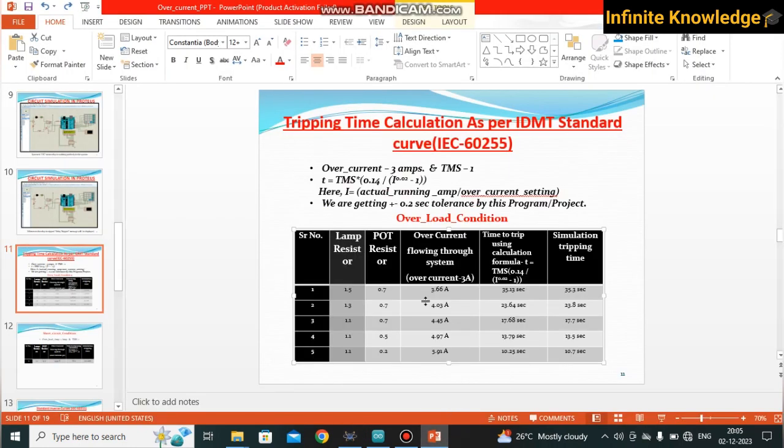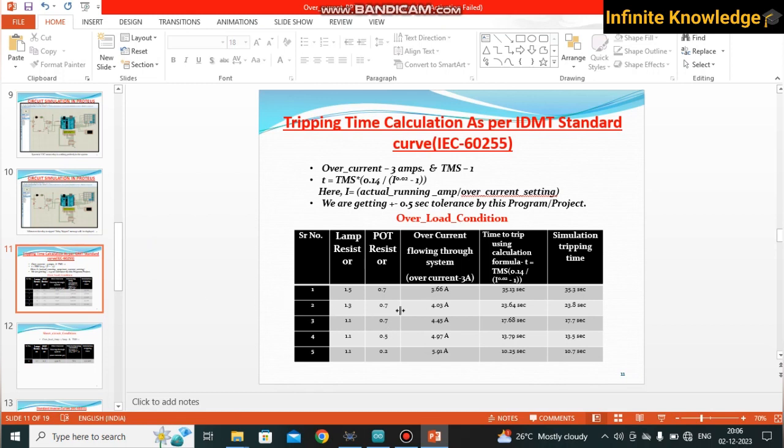Okay. So this is how you can make and verify this relay. You can make this project. This is the lamp resistance and this is the basic consideration to calculate your time, followed by standard inverse curves. These are the standards, and this is the time to trip. It's very near. You can consider changing this to 2.5, because we are getting a plus minus 5 second tolerance. Even so, our accuracy is very high compared to an electromagnetic relay,